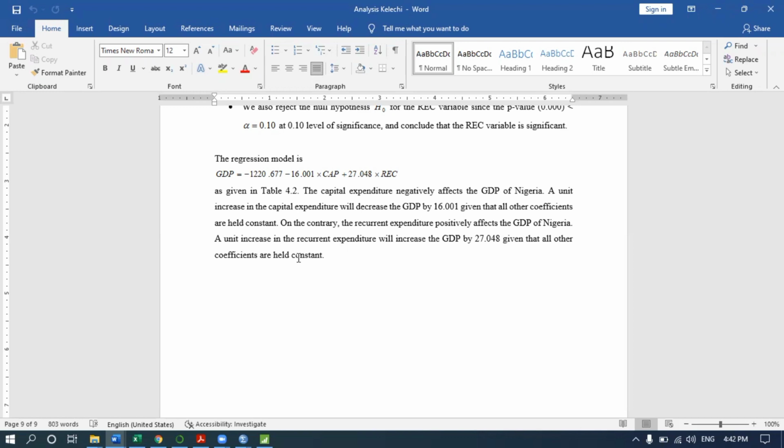Similarly, let me interpret for rec. Because rec is plus, plus means a positive increase. It's not decreasing, it's increasing. So I will interpret rec now. There's a positive relationship between GDP and rec. This means that for 1 unit increase in rec, the GDP increases by